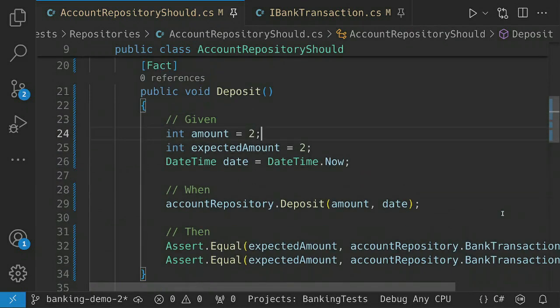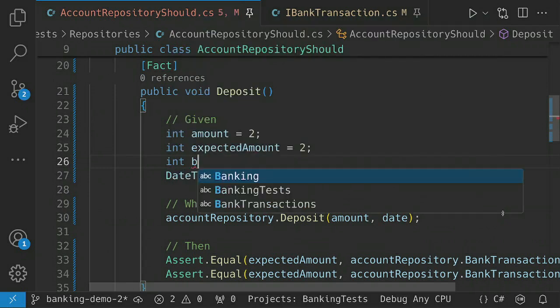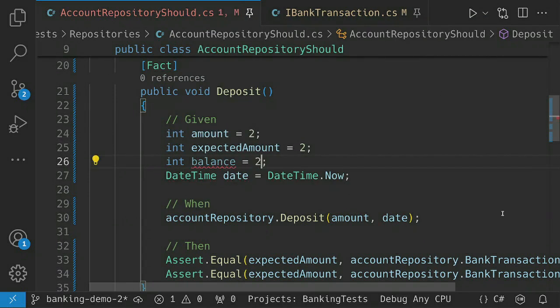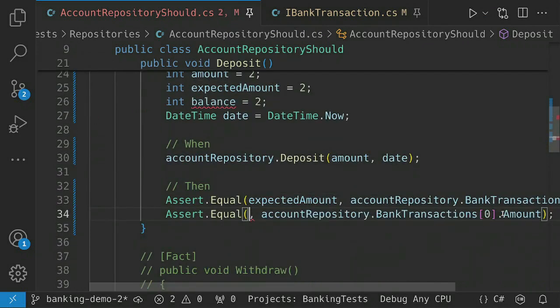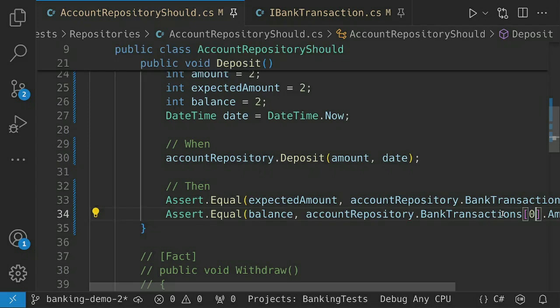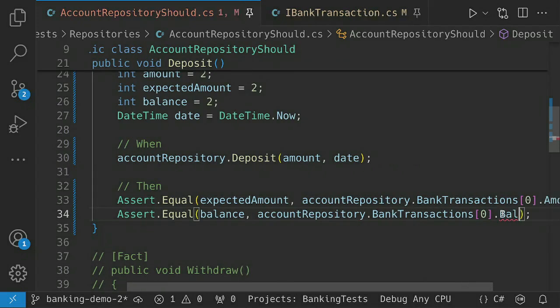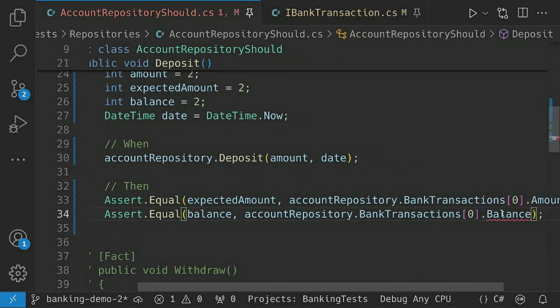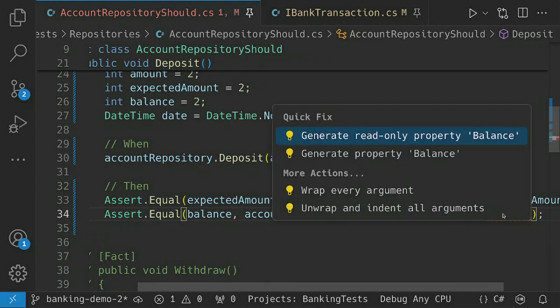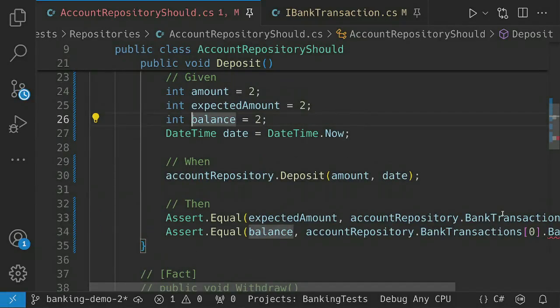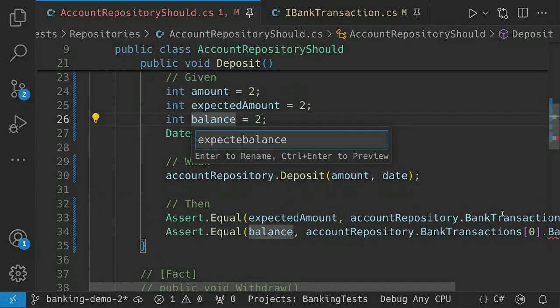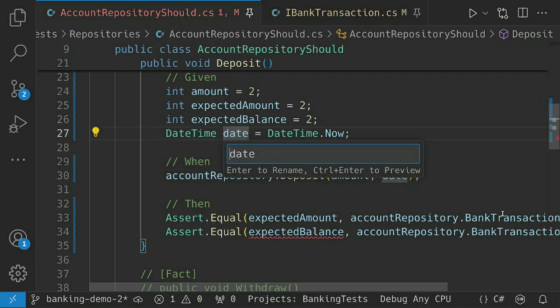The balance is another thing we're going to need. The balance would also be 2. So I'll put this in here. That is my expected balance. And you know what, I'm going to call it expected balance just to make it very clear. This is how I intend to use this variable and how I intend to use this one,